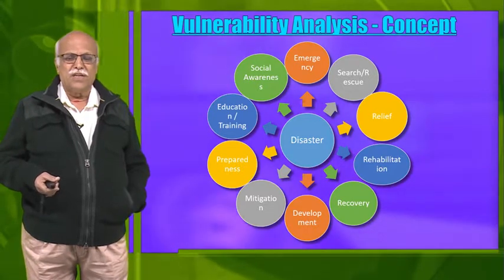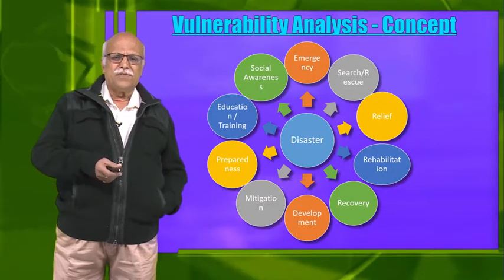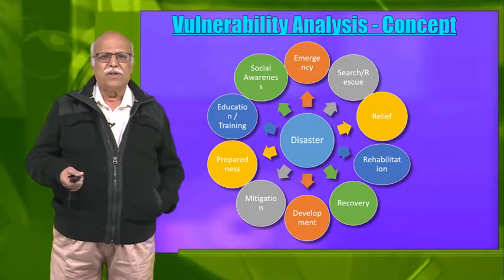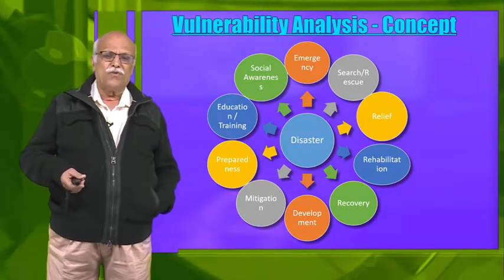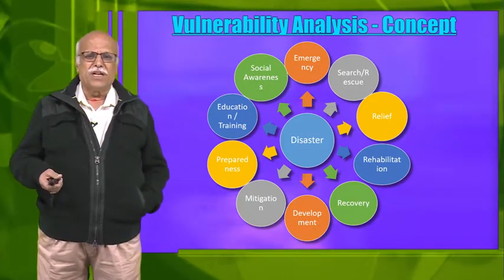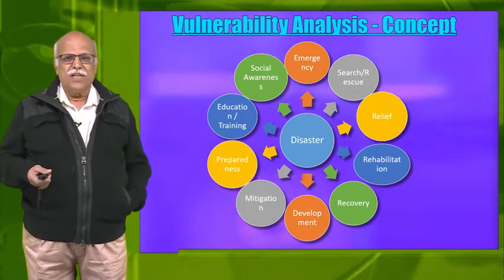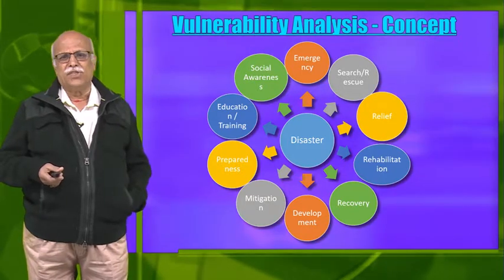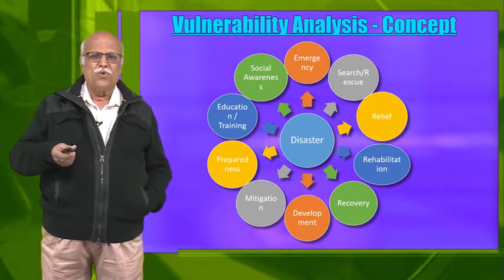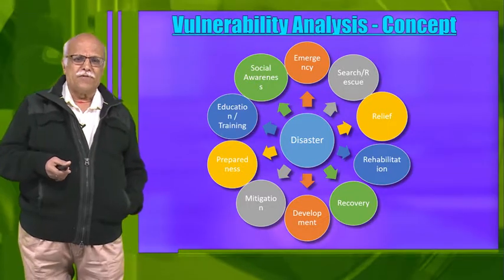So recovery, on the second stage, is this: you might have lost your skill, in the sense you might have been working in a particular thing, and thanks to the disaster, that particular thing is lost to you totally. Now you have to find another aspect from which you can start functioning, start earning, and carry on with your family. That is known as recovery. Now these are aspects of the cycle coming in the form of human beings who have suffered, camps set up for their purpose, the rehabilitation where skills are given, and the recovery that is taking place.